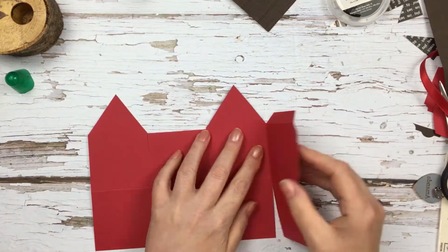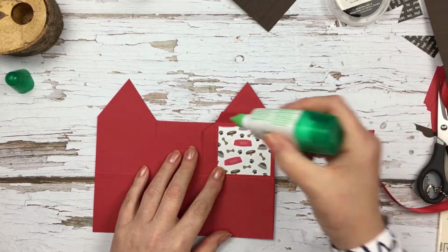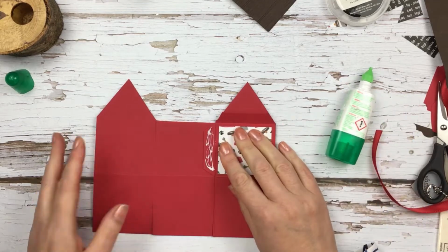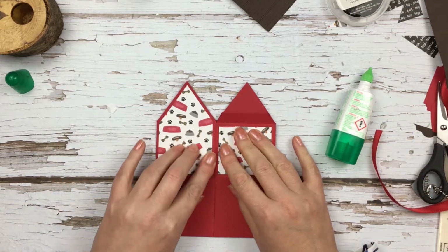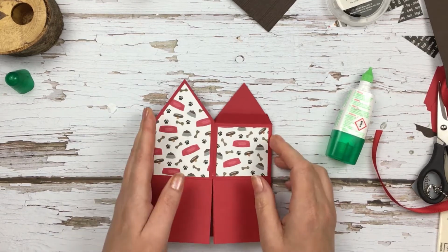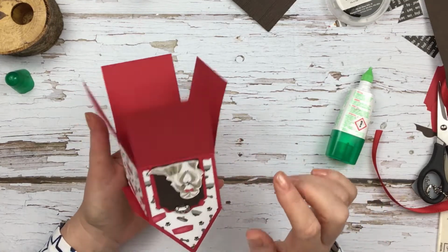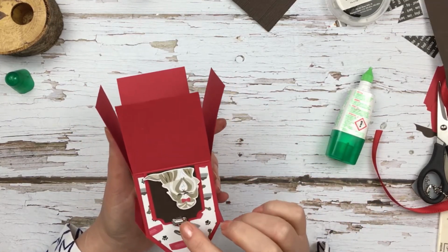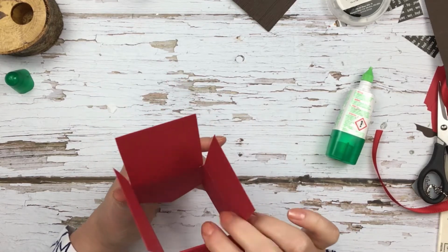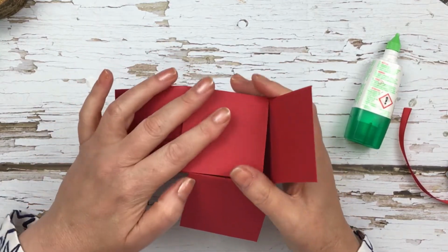So let's get the box stuck together. So this small flap is going to be the first thing that we stick. And we're going to fold this piece over and give it a good press down. And then we're going to fold all of these in to make the base. Now we know this is the front of the box, so that's going to be the last flap that goes down. So what I tend to do is I put the back one down